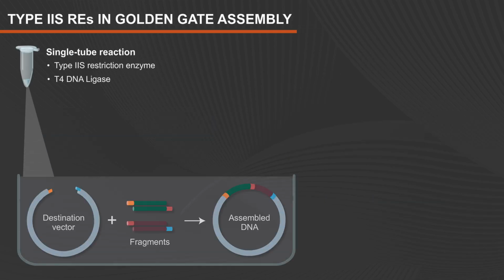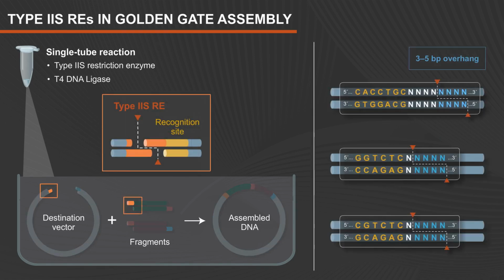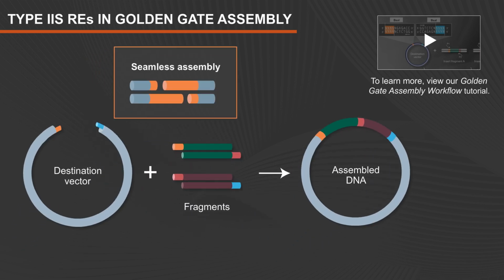Type IIS enzymes are useful for many applications, including Golden Gate assembly. Type IIS enzymes that generate 3 to 5 base pair overhangs, such as PaqCI, BsaI-HFv2, and BsmBI-v2, are commonly used in Golden Gate assembly. In this method, restriction enzyme sites are removed upon cleavage, resulting in seamless assembly of DNA